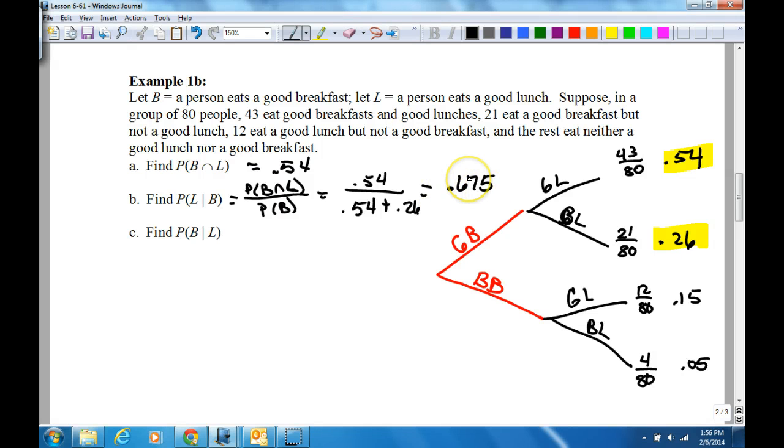Okay, so it's 0.675. Down on the bottom, this one is going to be the probability of B intersect L over the probability of L. Nope, it's a little backwards. See, this one's L given B, this is B given L. The top part stays the same, but notice that they're reversed right here. So I'm going to divide by L. Okay, so this is going to be 0.54 on the top again, divided by